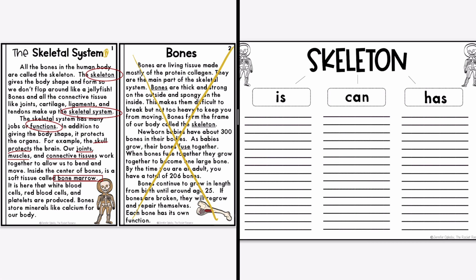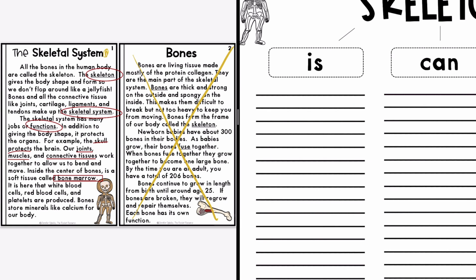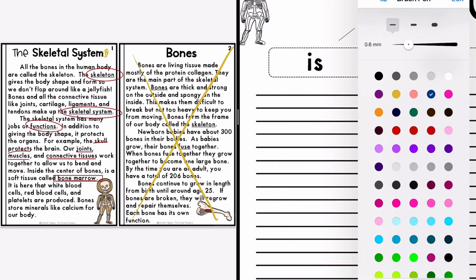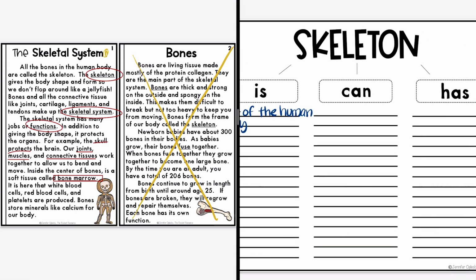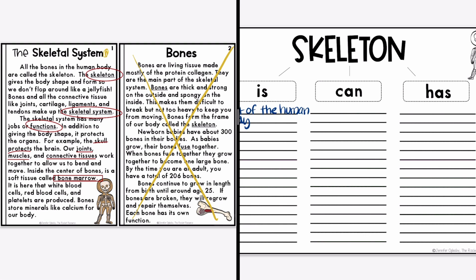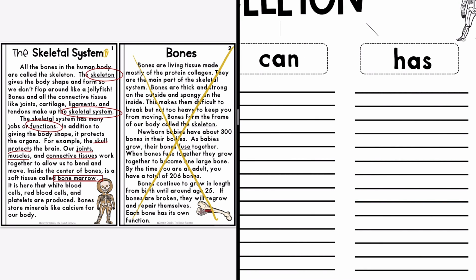The skeleton is part of the human body. So I'm going to write part of the human body because the skeleton is part of the human body. The skeleton gives the body shape and form so that we don't flop around like jellyfish. So the skeleton has shape and form